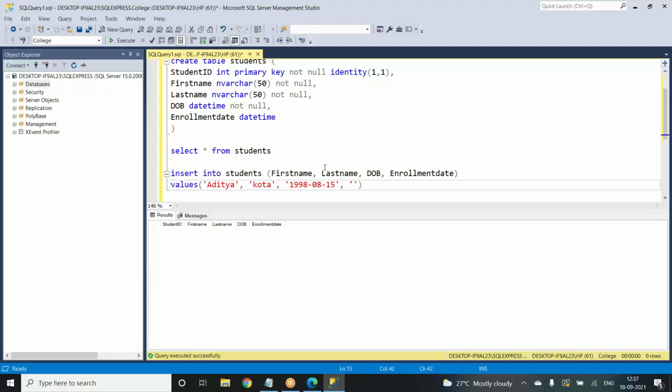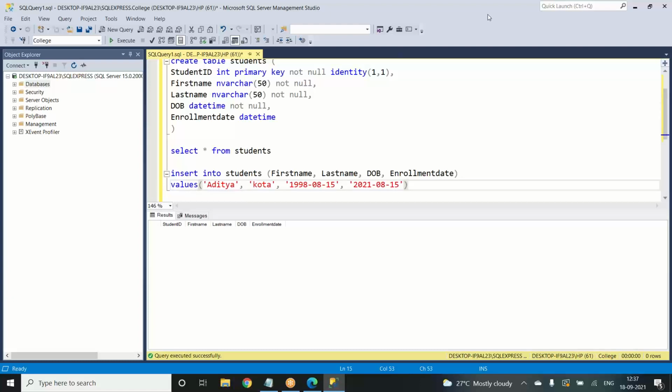And the enrollment date into the college, let's say it is 2021, and it is 8 and 15. No, we cannot change that. This is the only format that we can use, the datetime format: year, month, and date.